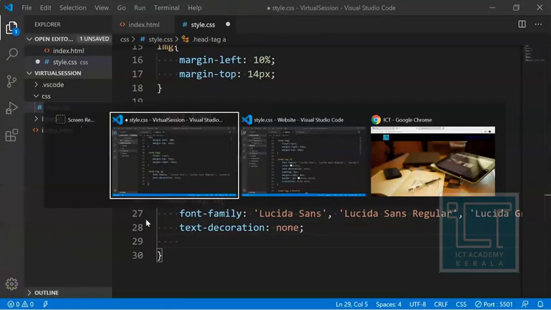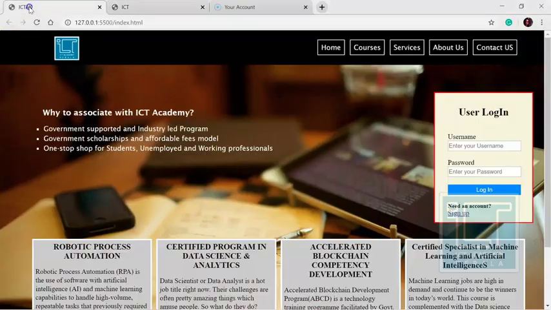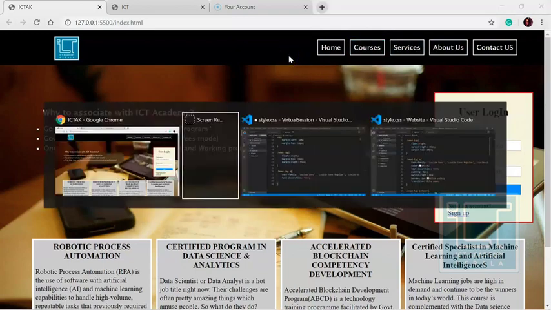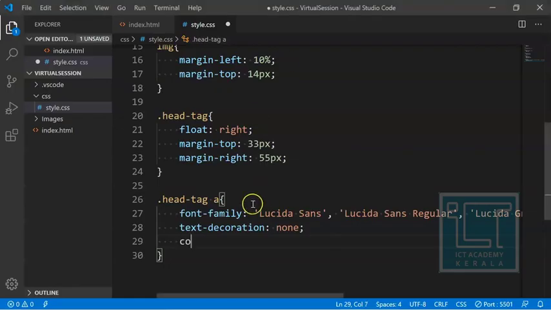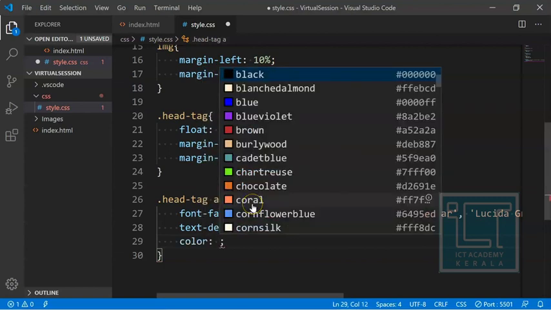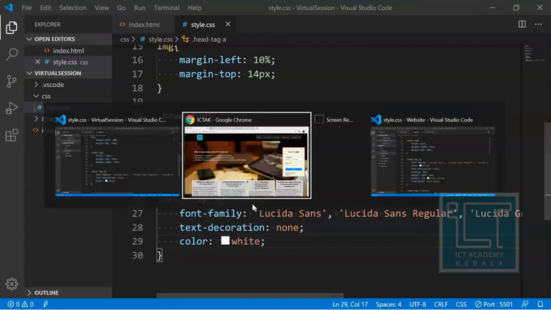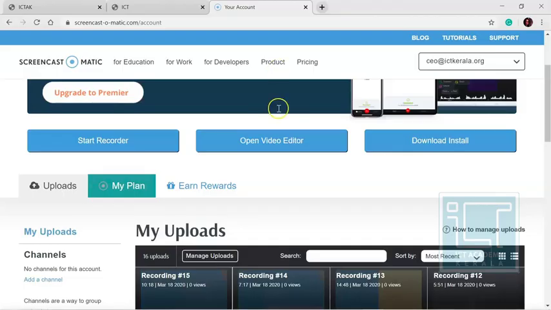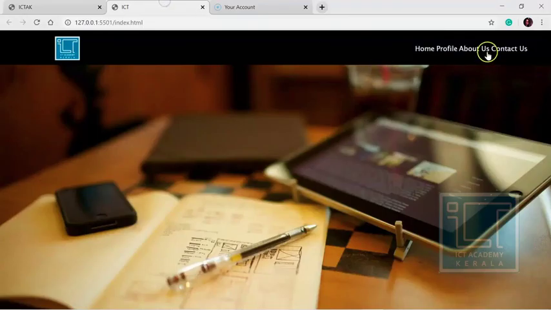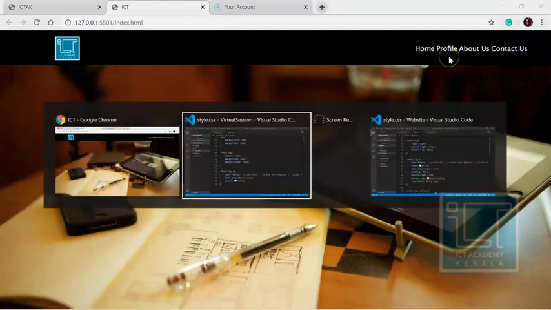Then what I have seen here is that the text color of the anchor tags is white, and it is also surrounded by a white border. So we can give the text color simply by calling color and giving it as white.